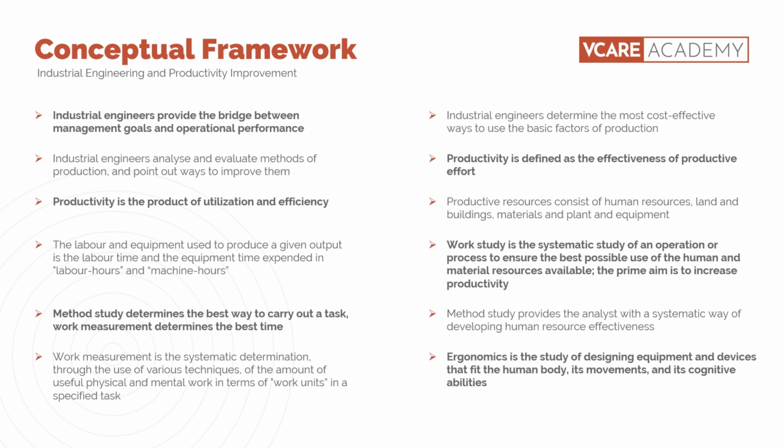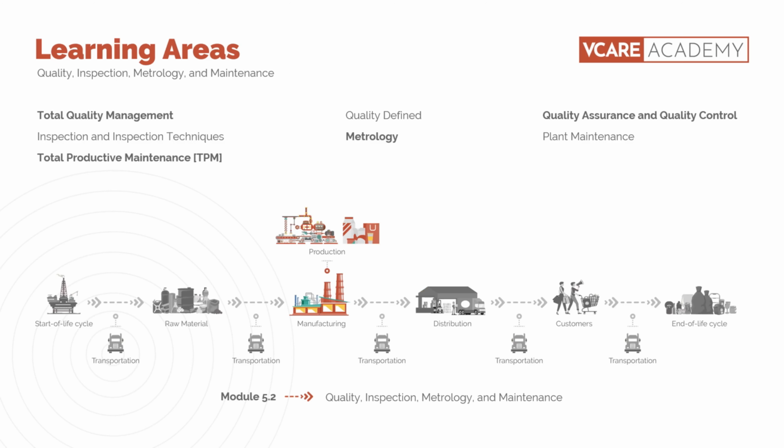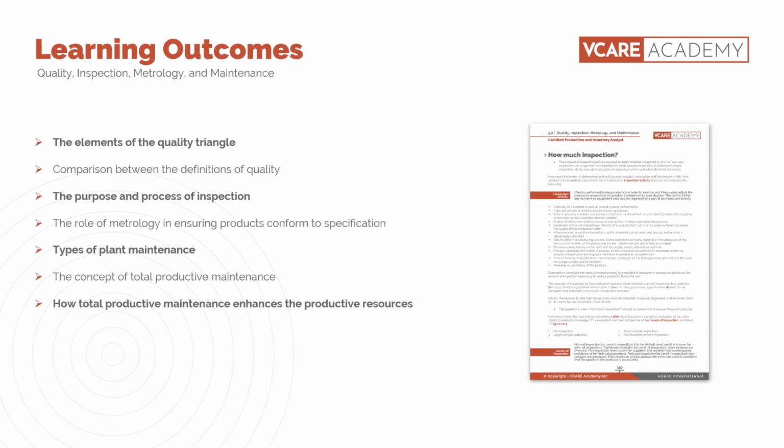Module 5.2, Quality, Inspection, Metrology, and Maintenance. Total Quality Management, Quality Defined, Quality Assurance and Quality Control, Inspection and Inspection Technique, Metrology, Plant Maintenance, Total Productive Maintenance. So the learning outcomes from this module will be elements of the quality triangle; comparison between the definitions of quality; the purpose and process of inspection; and the role of metrology in ensuring products conform to specification;